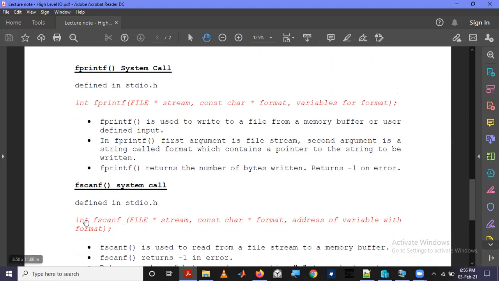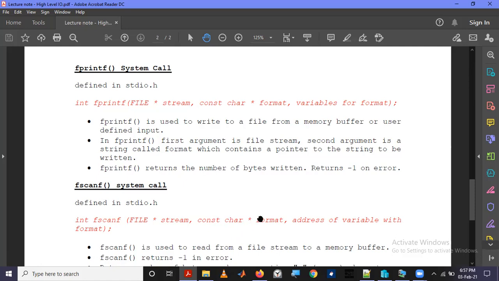So the definition of fscanf is similar to fprintf. The return type is again integer. The first argument is a pointer to a file which was opened already by using the fopen system call. And just like here, the second argument is the format. You can remember scanf: in scanf, this first argument was not there, others were there.